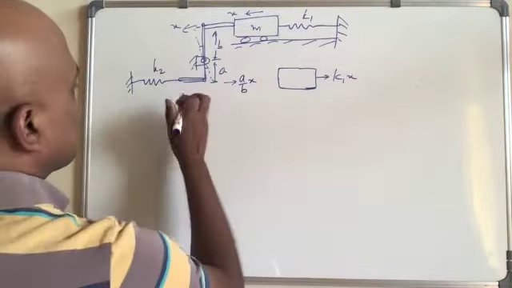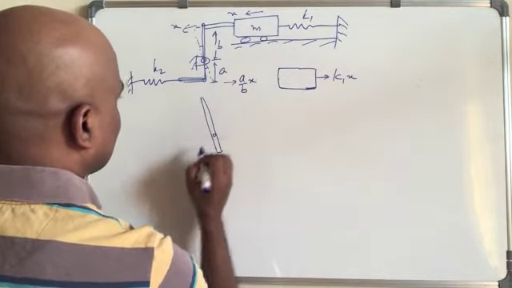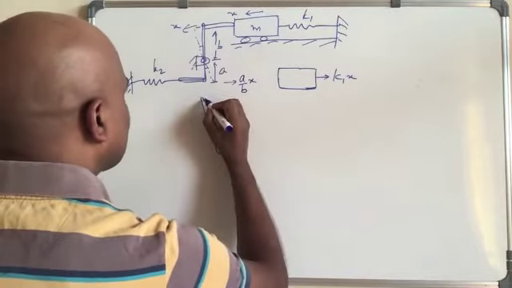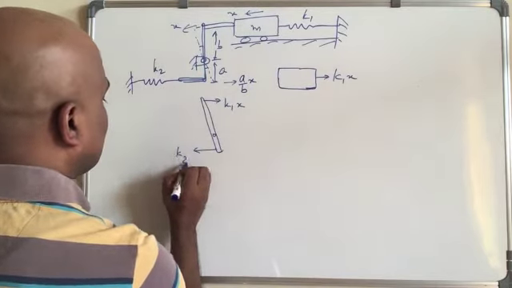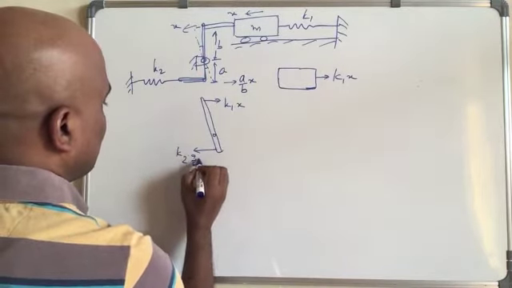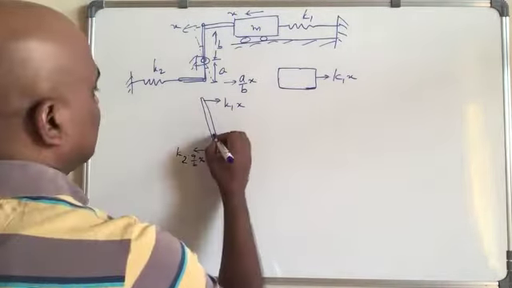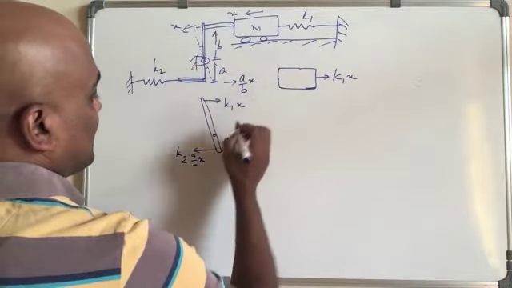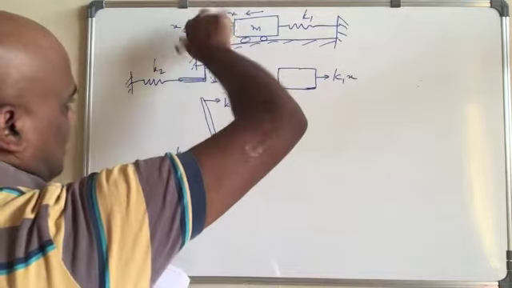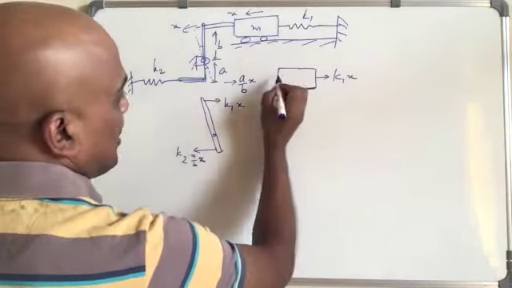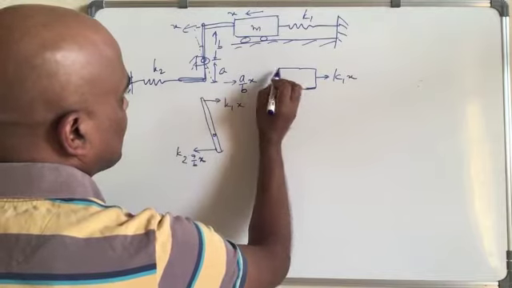Okay. So if that is the case, the force here, if you see for this bar, our force is like this one. So if it goes like this one, hence the force here will be k1x, and here force will be k2 times a over b x. Right? So this is a force like this one. Okay. So that means what? If it goes like this one, what do we get? The force here will be how much?